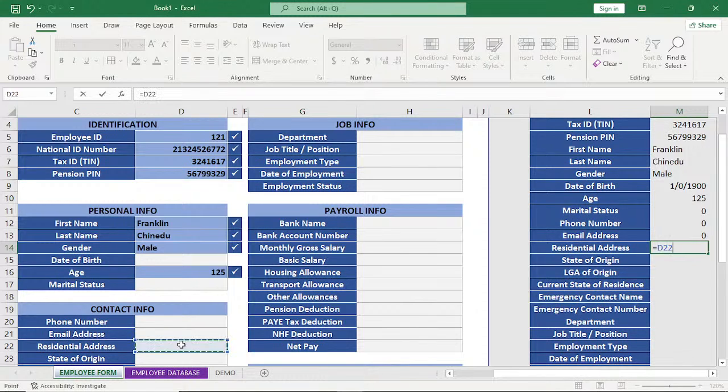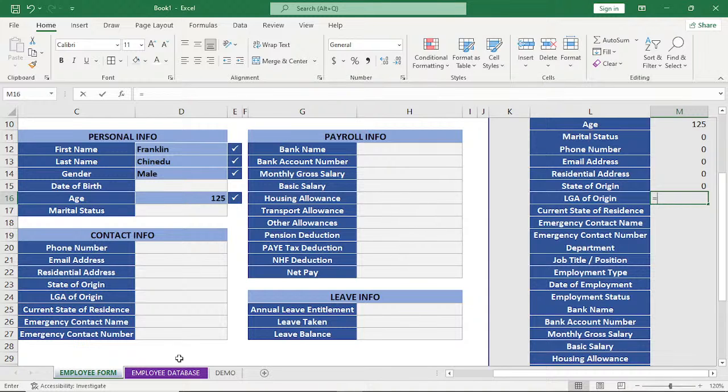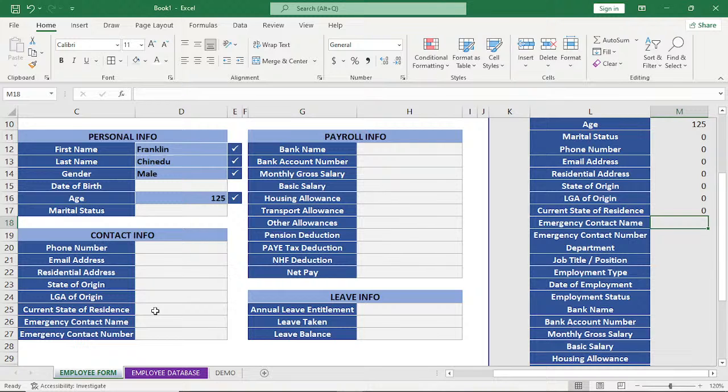residential address equals to state of origin, enter, equals to local government of origin, enter, equals current state of residence, enter, equals to this one. So follow me as we do that. Emergency contact name, enter this as well. This one,